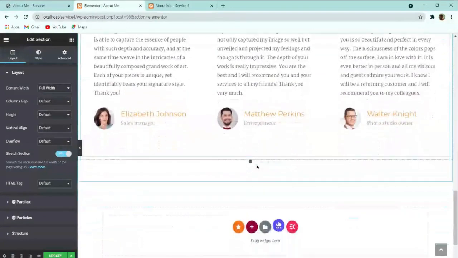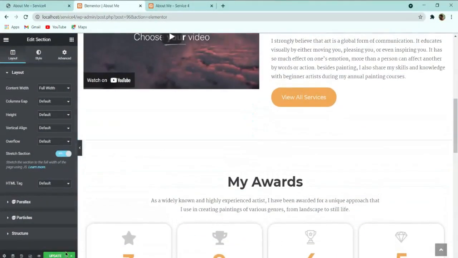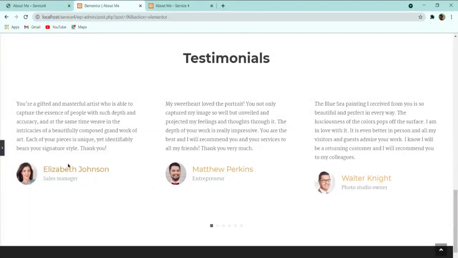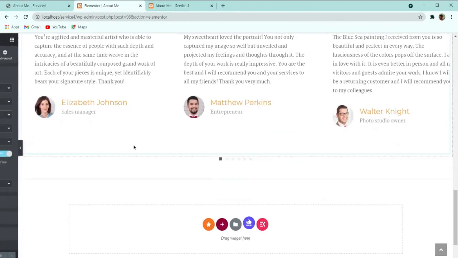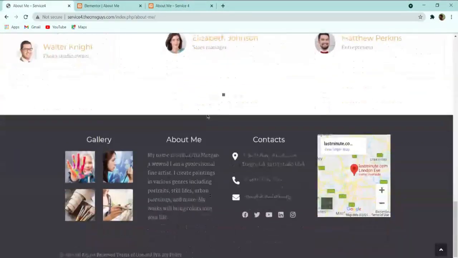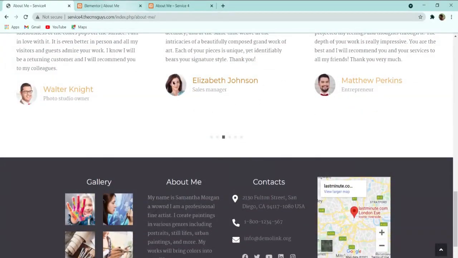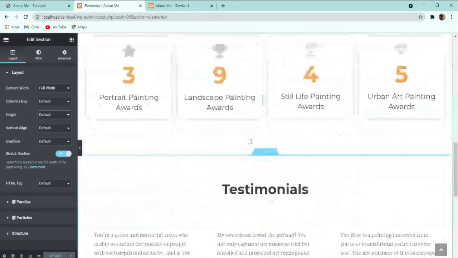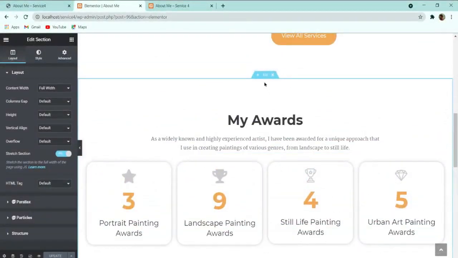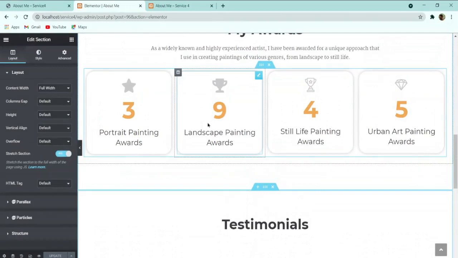So here you can see that we have exactly got the same section, because I have already imported all the images which we have used. That's why we have got exactly the same section. If we had not imported them, then we would have to add the images manually below. So moving on, you can see that almost this section is already completed. We don't need to change anything.